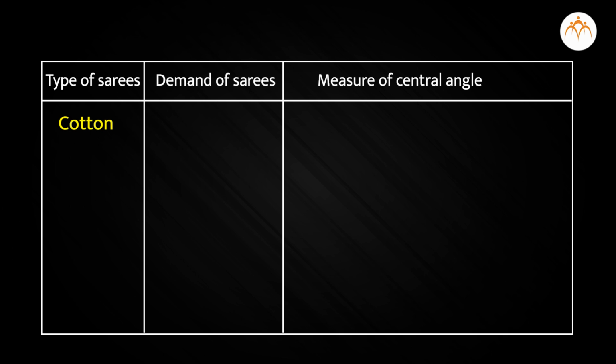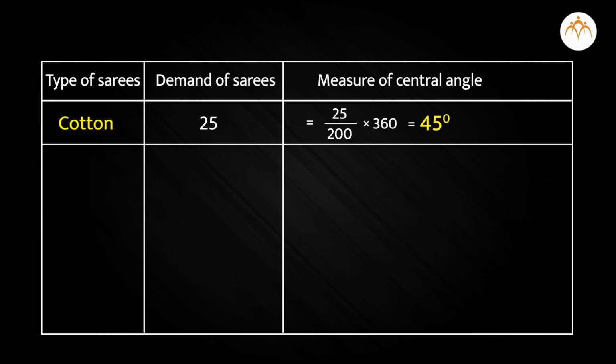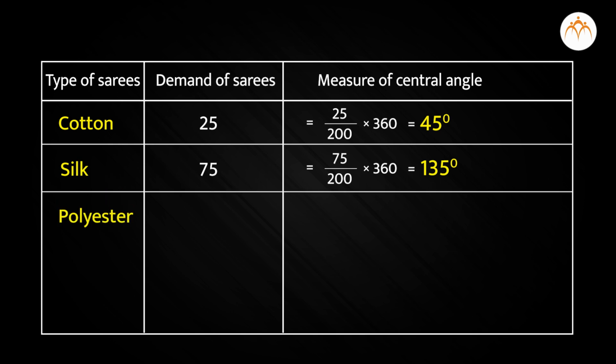Cotton saris, demand is for 25 saris, measure of central angle 25 divided by 200 into 360 equal to 45 degrees. Silk saris, demand is for 75 saris, measure of central angle equal to 75 divided by 200 into 360 equal to 135 degrees. Polyester saris, demand is for 22 saris, measure of central angle equal to 22 divided by 200 into 360 equal to